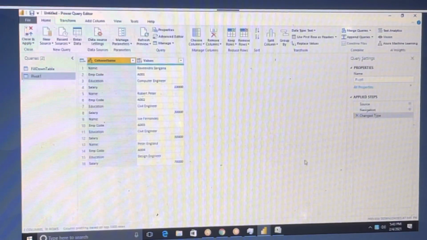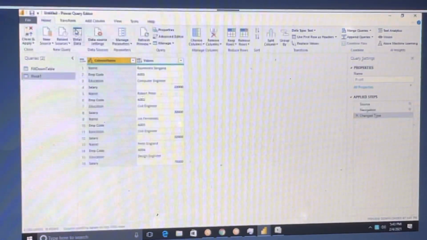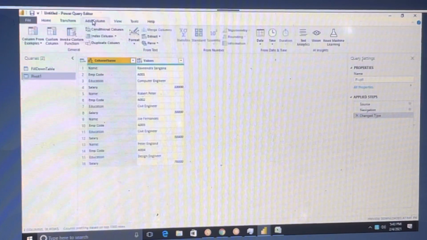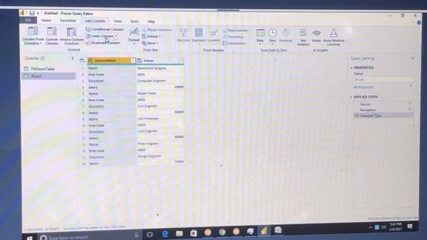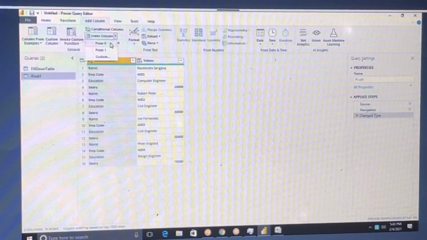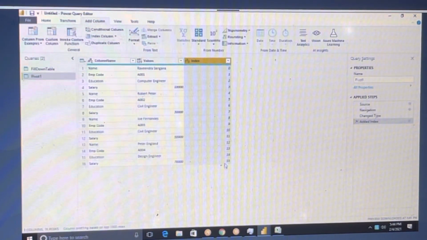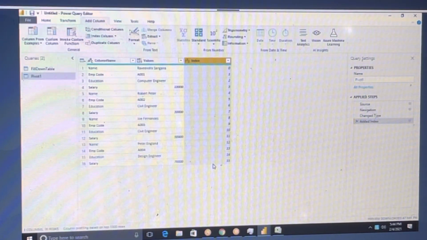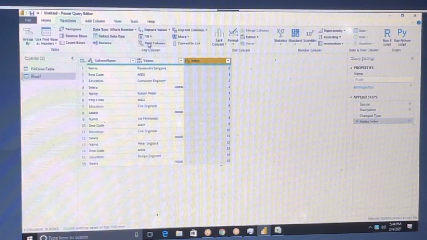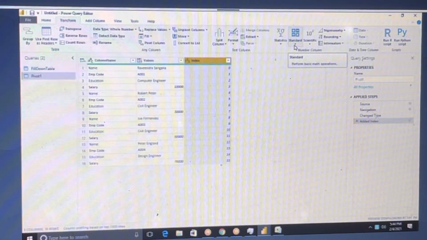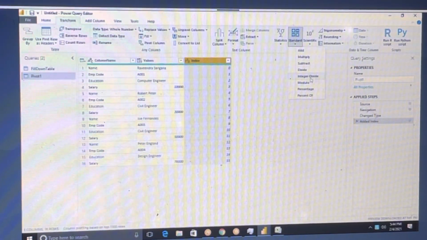What we have to do is first add column, and here we have index. Click on index and from zero. So you will get each record, each row, 0, 1, 2, 3, 4, 5 up to 15. Then again go back to transform, and we have this option, standard and integer divide.